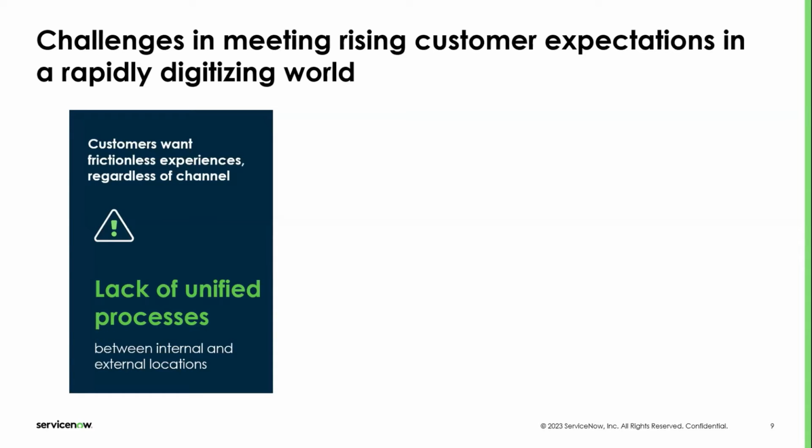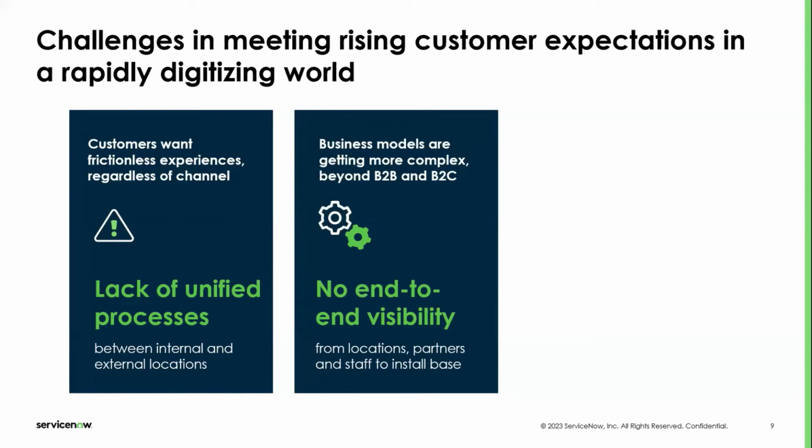But from a company perspective and business perspective, the systems and processes are just not the same between the two kinds. And like we saw, even if all the locations are owned by a company, there are still challenges. Now, when you think the business models are not just B2B or B2C anymore, there's B2B2C, B2B2E, subscription models, this as a service, that as a service, everything, right? So what's happening is they don't have an end-to-end view of what's going on between the locations, the partners, the